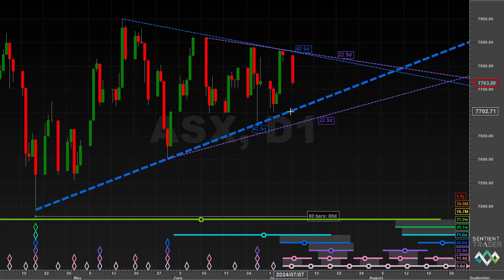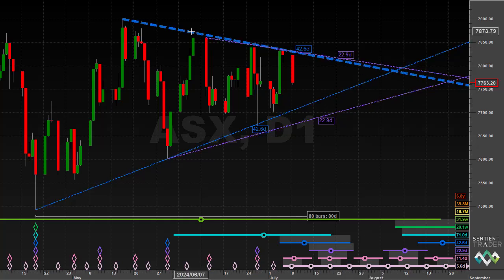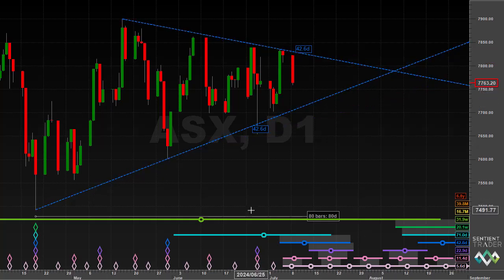We have a combination of two separate cycle VTLs, the 20-day cycle VTL and the 40-day cycle VTL, which are pretty much defining the shape of this triangle formation. We can simplify things a little bit by only focusing on the 40-day VTL. Now, an interesting thing happened over here where this potential 80-day cycle trough formed. That is, the price just dipped down below that VTL.